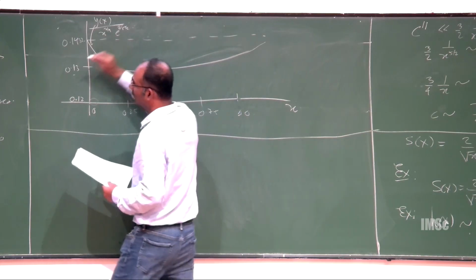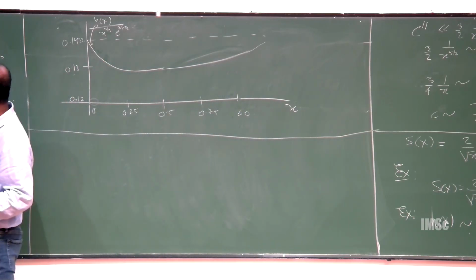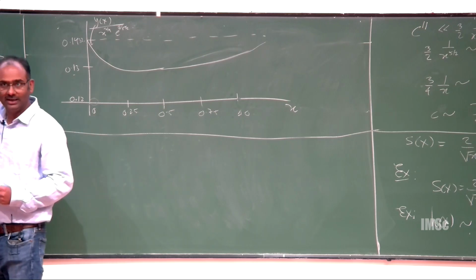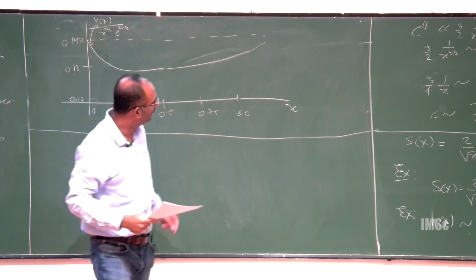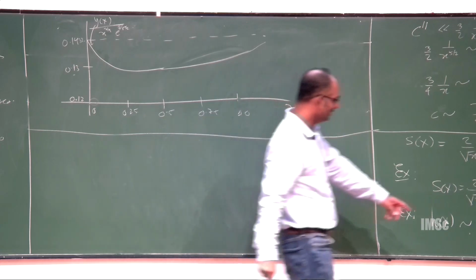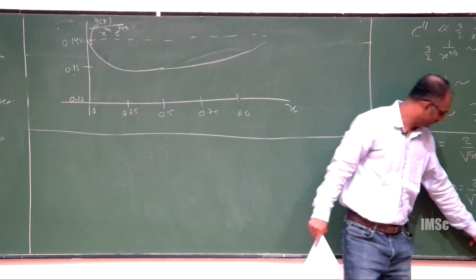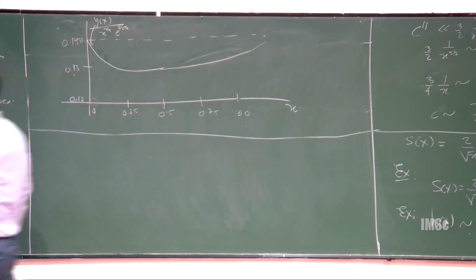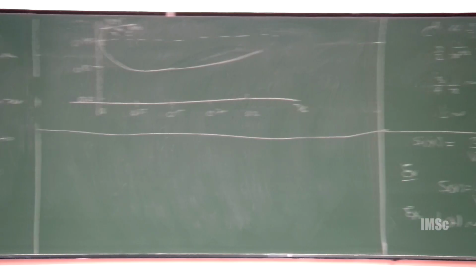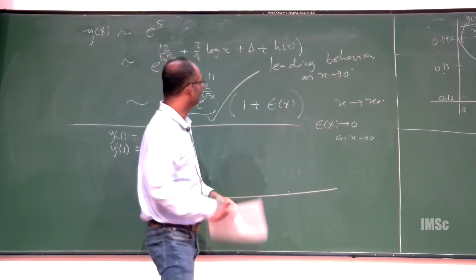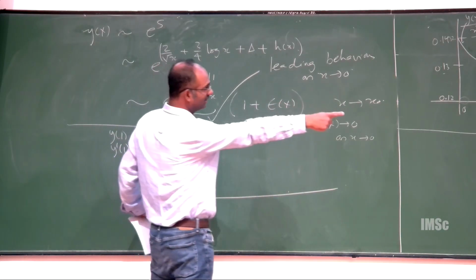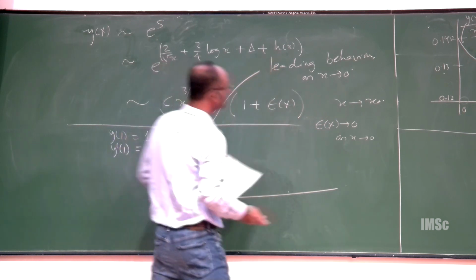Include not just up to here, let's take h of x also. h of x I gave to be minus 3 over 16 square root of x, right? It went to the exponent here, and you have e to the h of x, which I am writing as 1 over 1 plus epsilon. So your estimate including h is now,